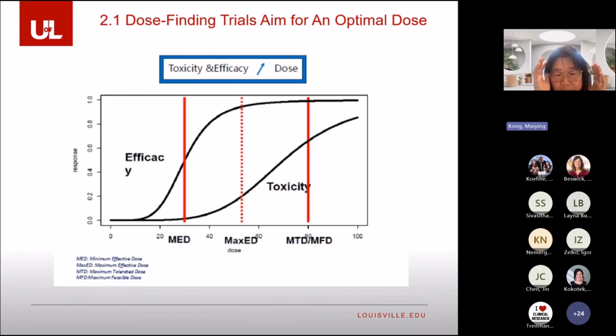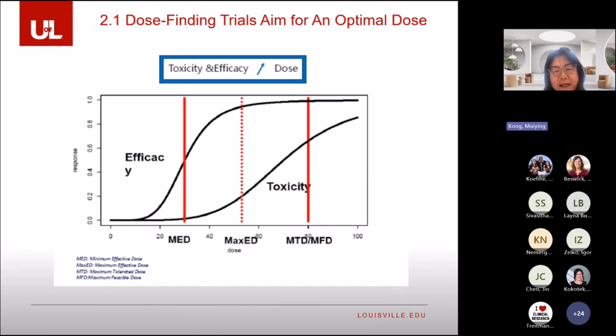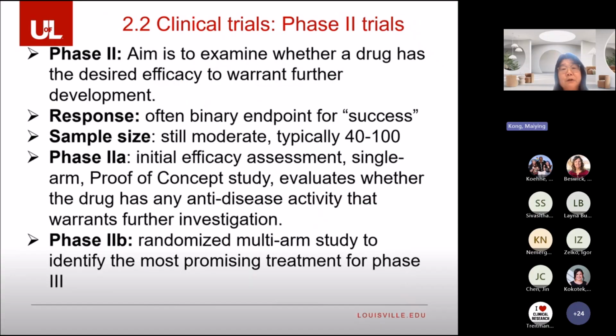dose which potentially has a similar treatment effect as MTD, but has lower toxicity at a lower dose. For example, in this diagram, it is like the dashed line. This indicates the optimal dose. The treatment effect, look at the upper curve, is almost like MTD, but the dose level is much lower than MTD. That's safer for patients. So what is the recommended dose for phase 3? That is, we come to phase 2